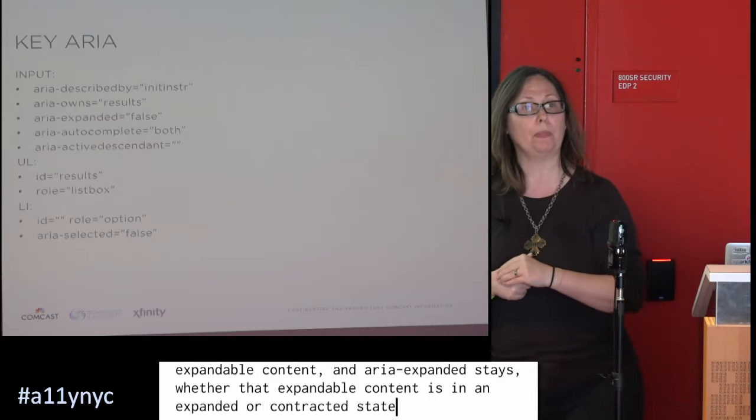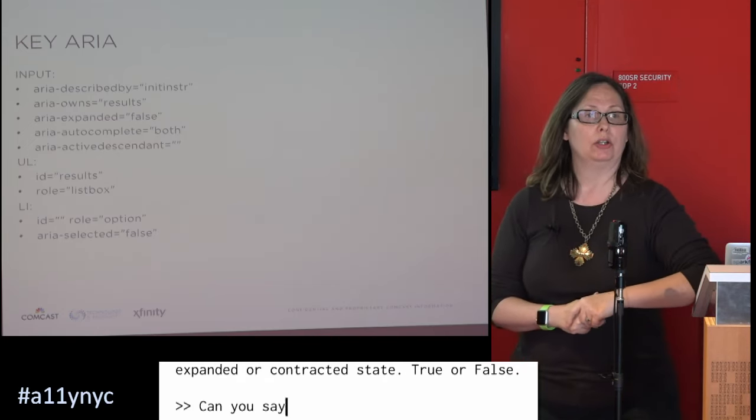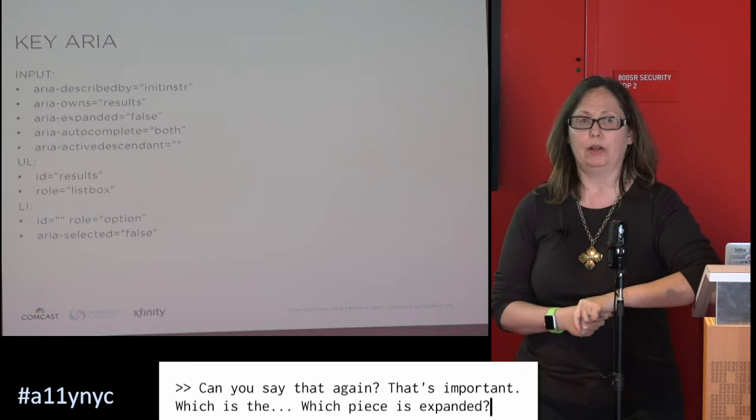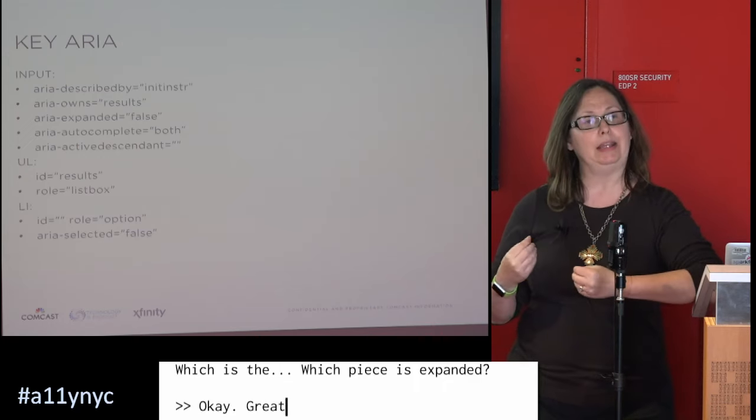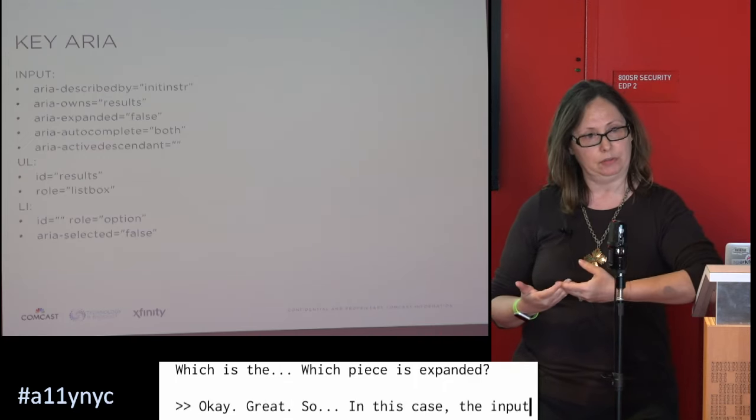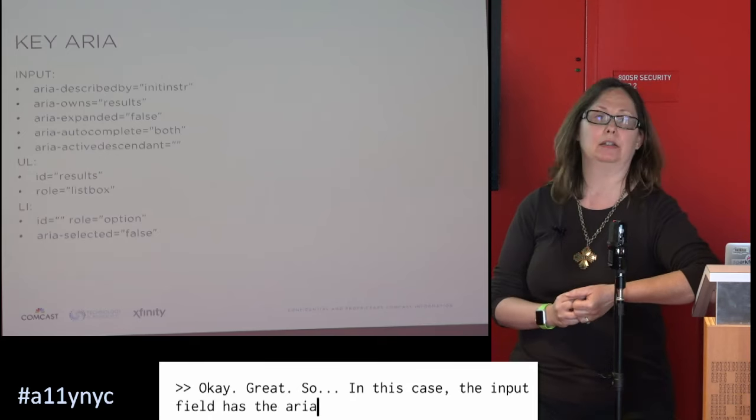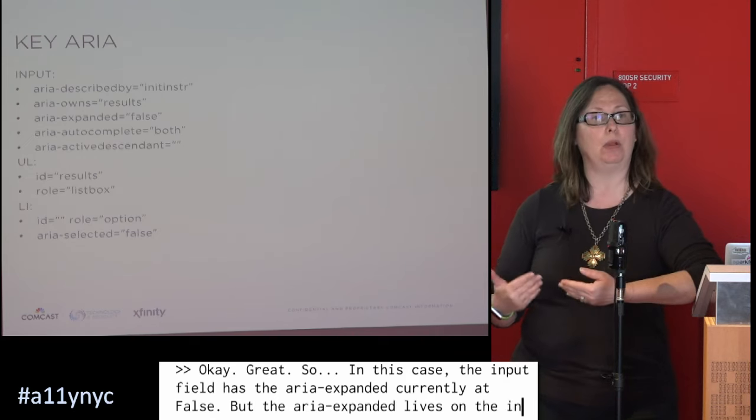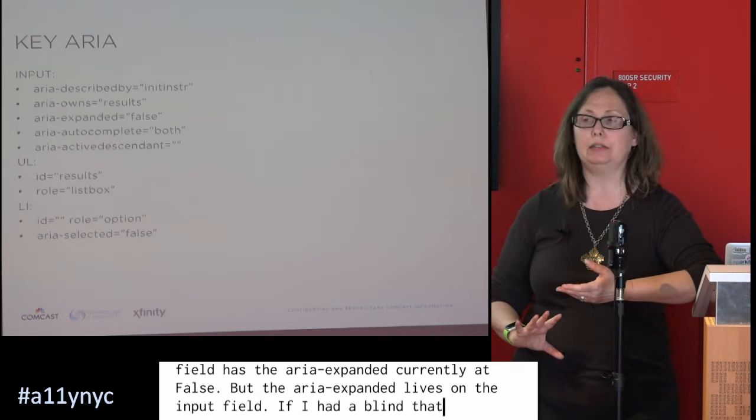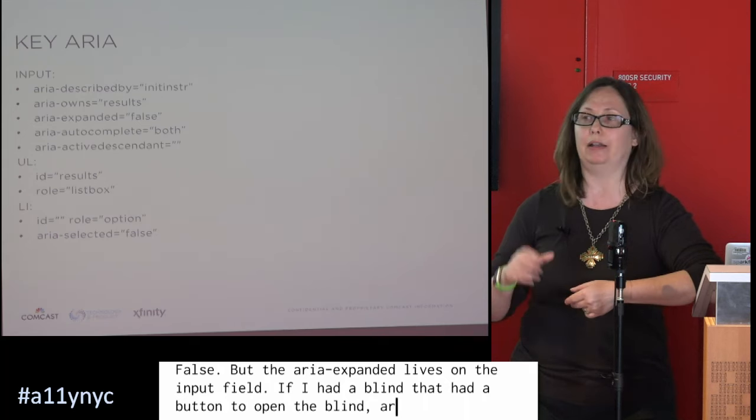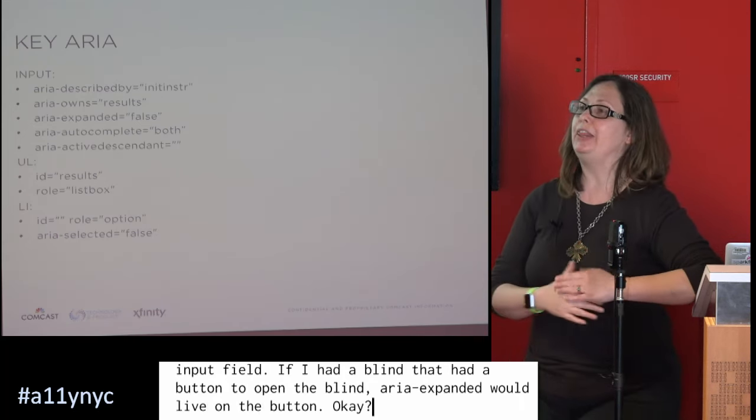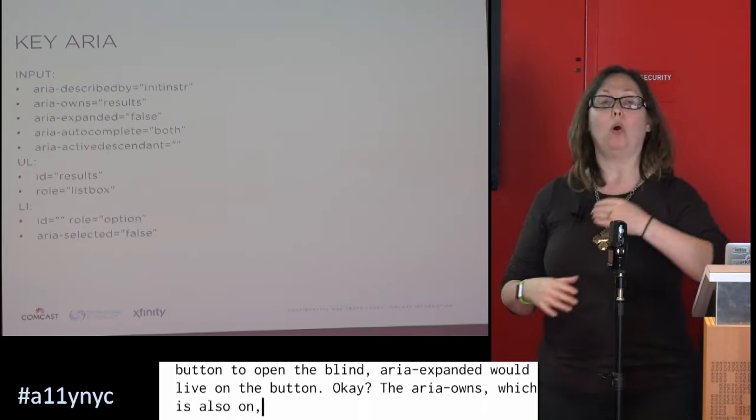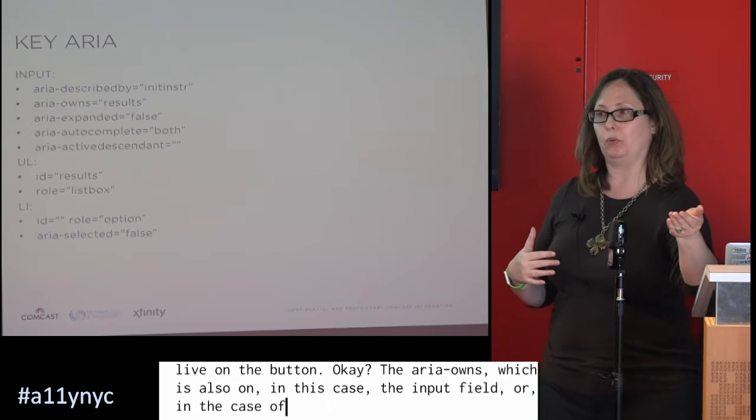Yes? Can you say that again? Sorry, I think that's important. Which piece is expanded and where you put the Aria expanded? Okay, great. So in this case, the input field has the Aria expanded currently at false. But the Aria expanded lives on the input field. If I had a blind that had a button to open the blind, Aria expanded would live on the button, okay? The Aria owns, which is also on, in this case, the input field, or in the case of, let's say it was a button with a blind